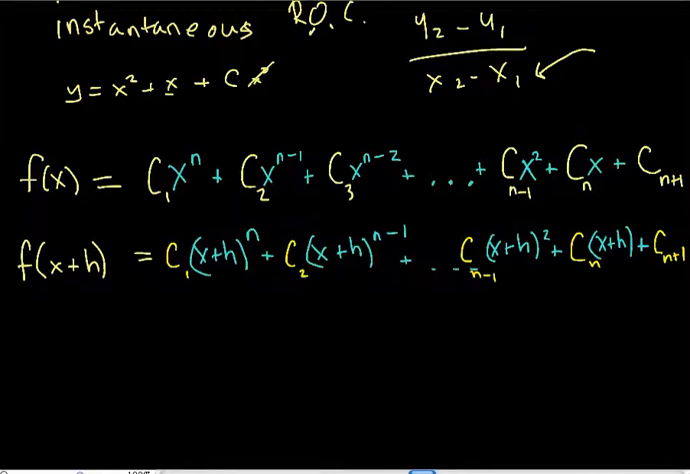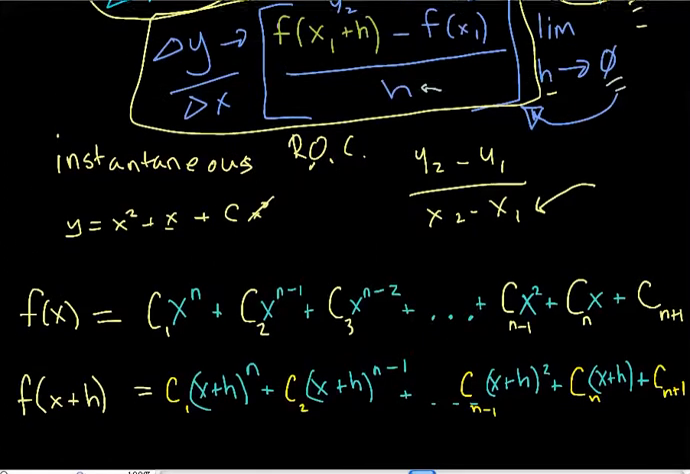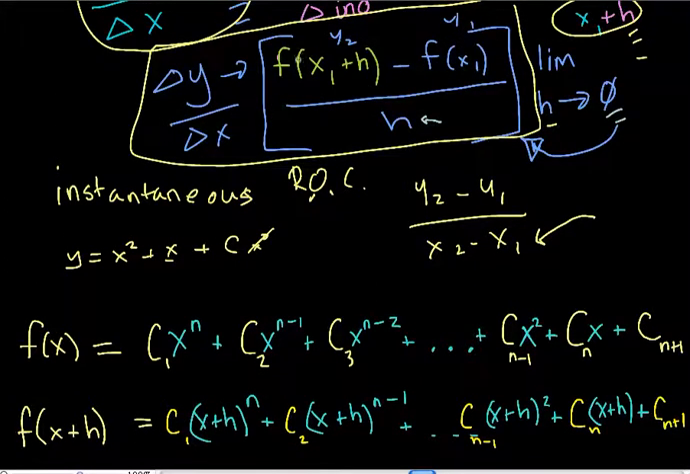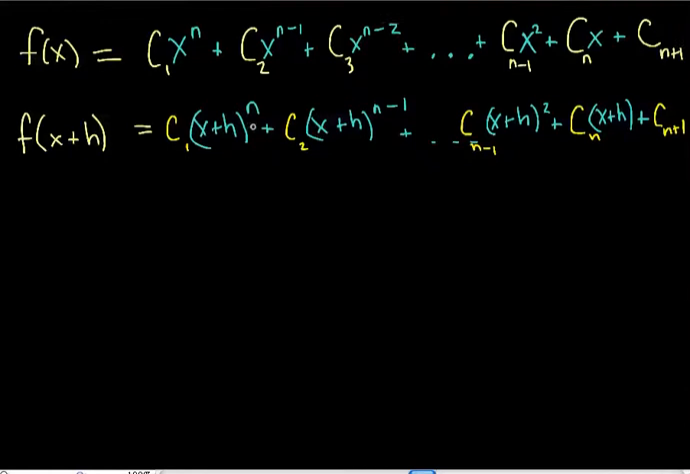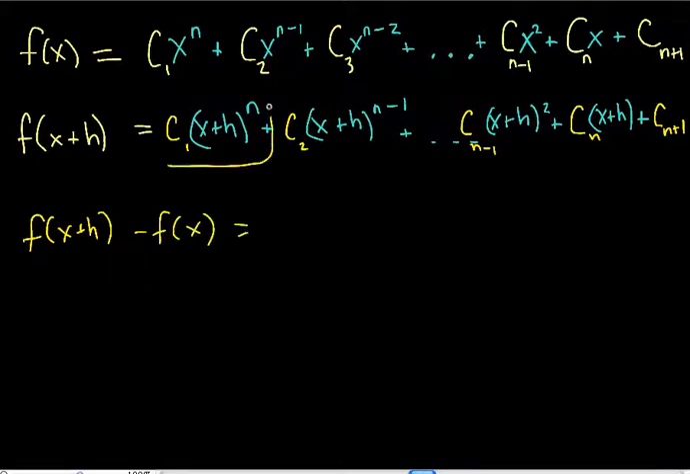Let's not forget what we're really looking for here. We're really looking for f of x plus h minus f of x, over h. So the first thing we need is this top part. We need to subtract the two functions. So what happens when we get f of x plus h minus f of x? It's going to be this term minus this term right here. In other words, it's going to be c1 times x